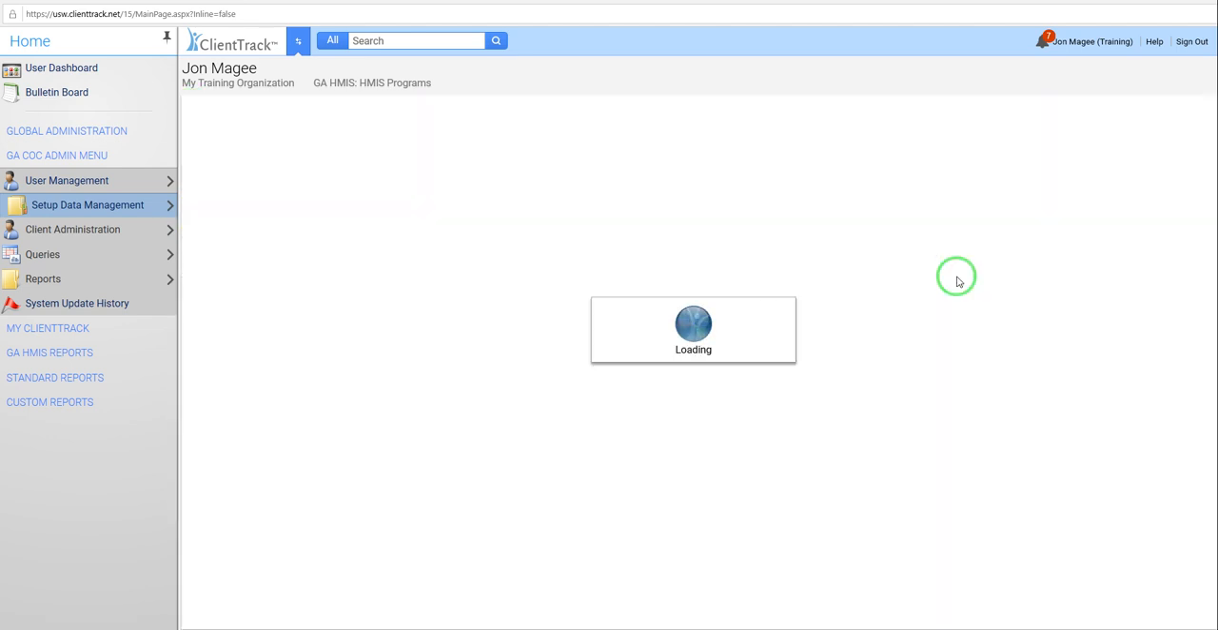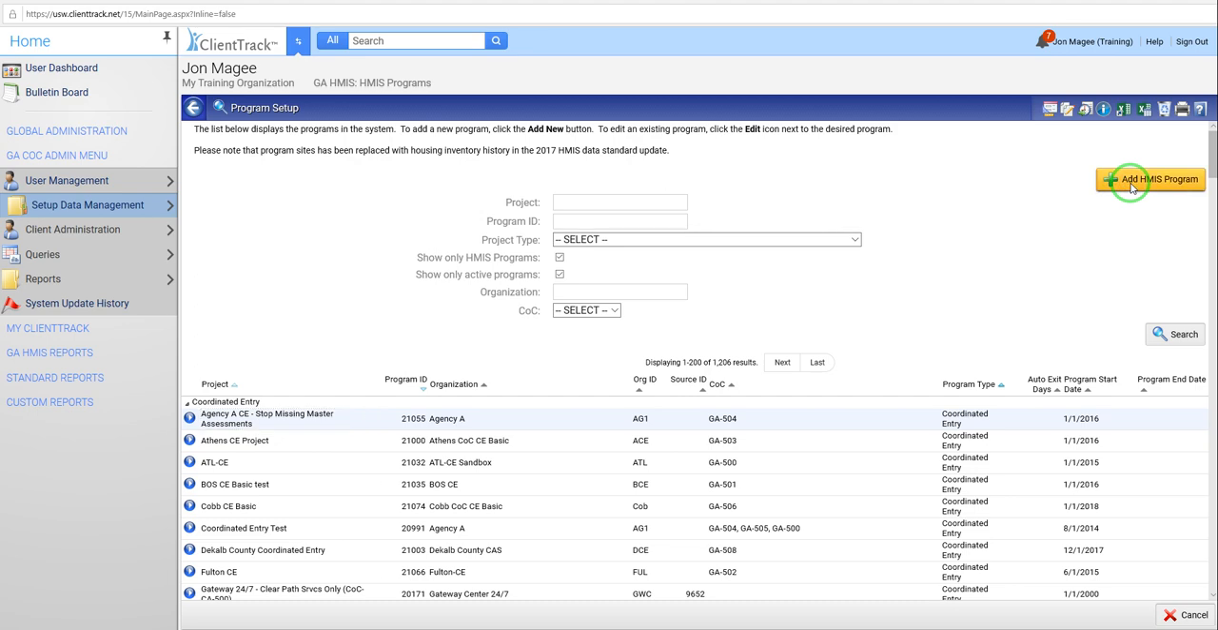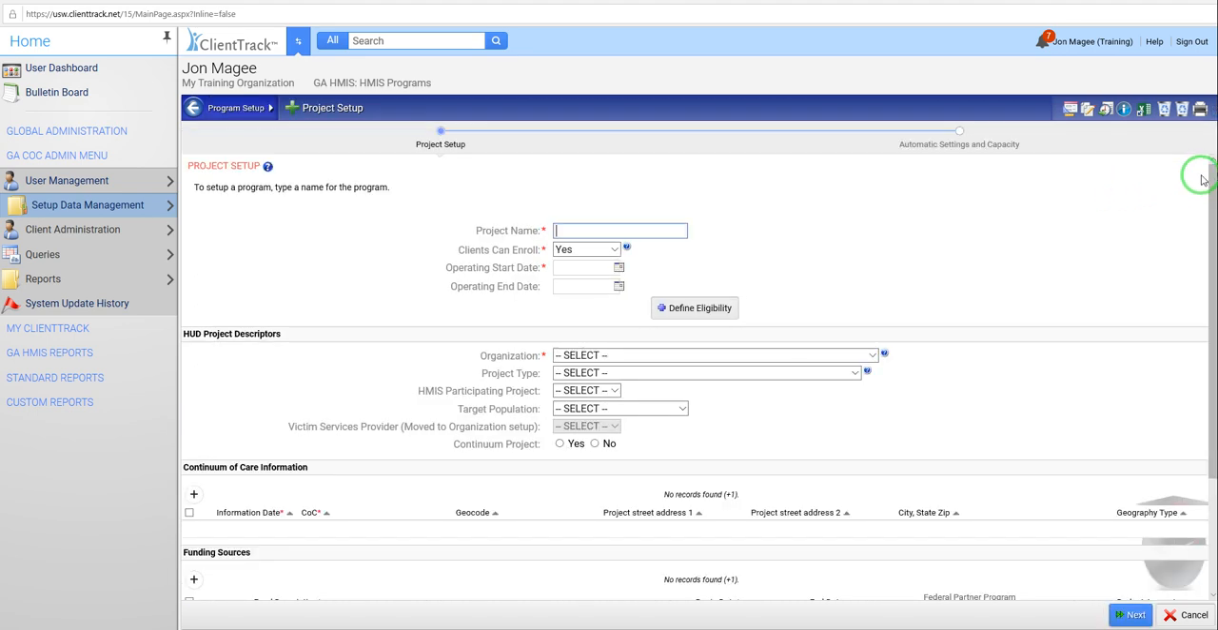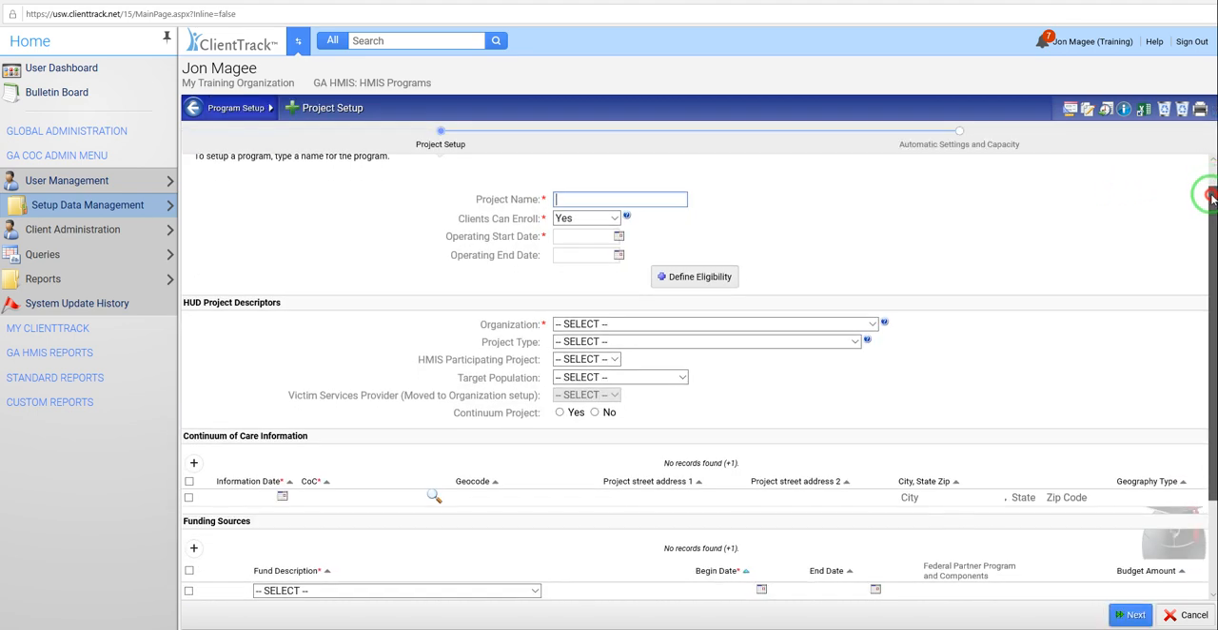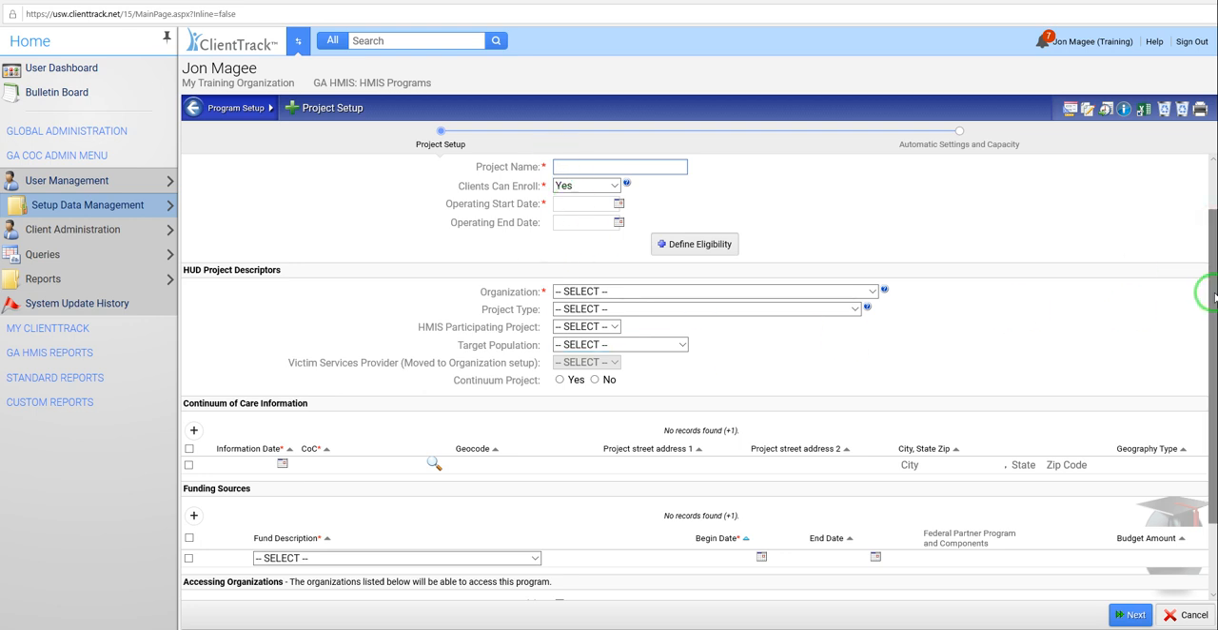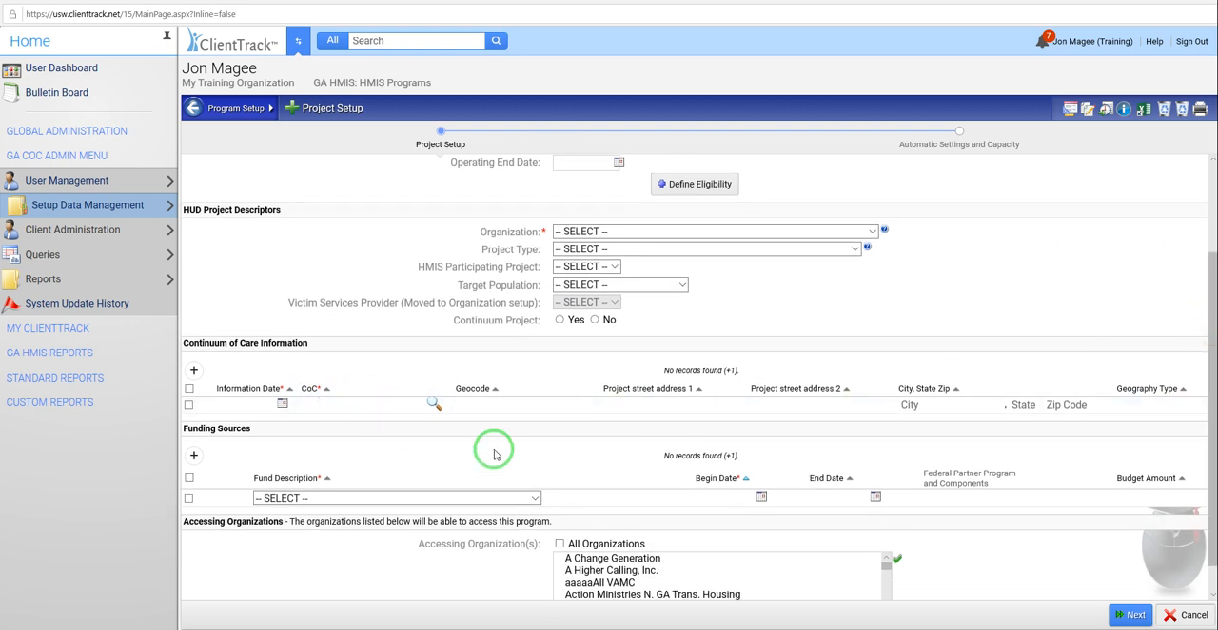So I'm going to go in and just do add new, just so we can kind of see what this would look like when we haven't added anything. So there's all our information we're used to. There's our geography information. And then here under funding sources, so if we had already happened to create a grant,